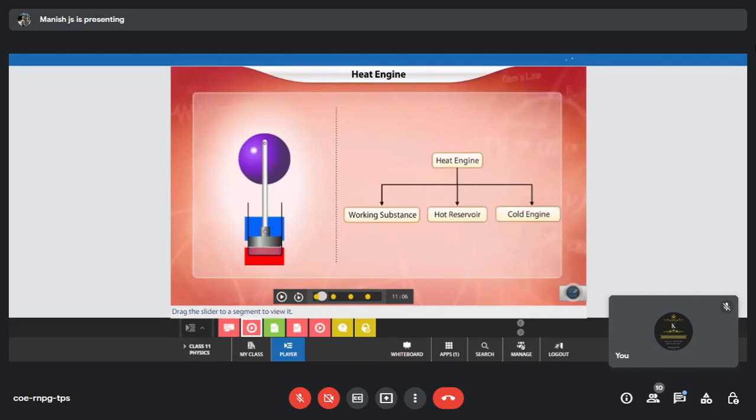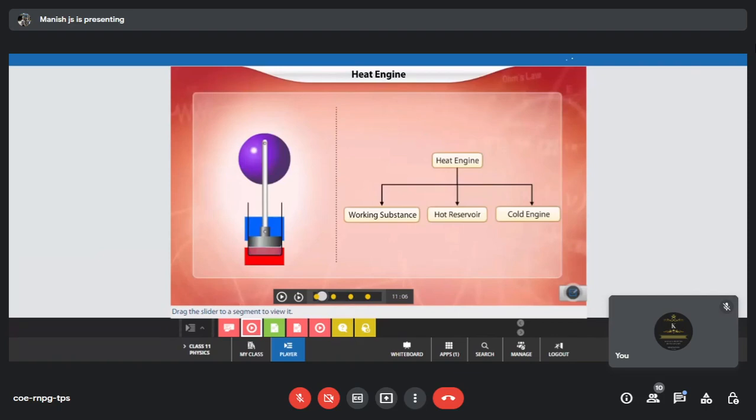Obviously, fuels can be in liquid state or gaseous state. CNG is the gaseous state. Petrol and diesel are liquid state. If you talk about wax, that is in solid state. So it depends on the nature of the fuel I am talking about. So that is a working substance. Is it helping in changing the thermodynamic system? It is helping in doing work. Yes.